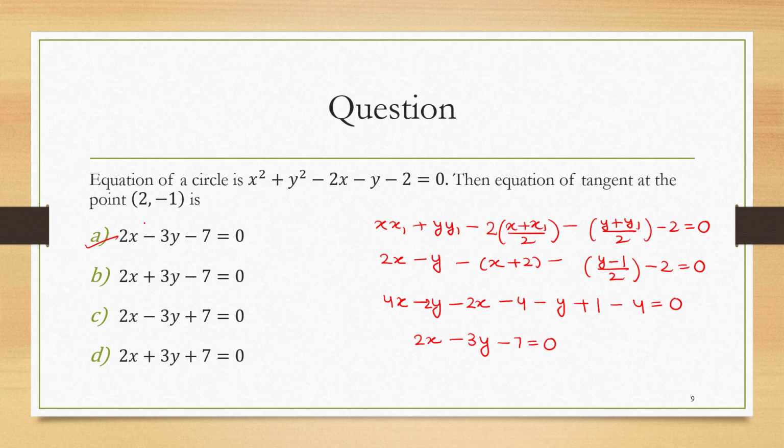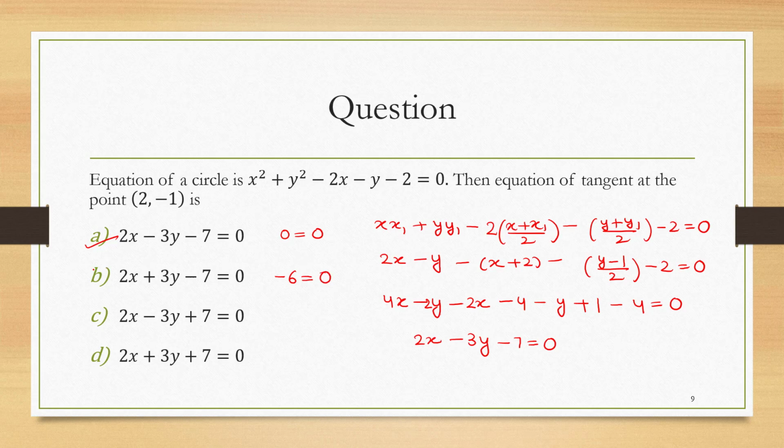So put x equal to 2 and y equal to minus 1 in the first equation. We get 2 2s are 4, minus 3 into minus 1 is plus 3, 4 plus 3 is 7, 7 minus 7 is 0, equal to 0. Leave it. Move to the next. We get 4 minus 3, that is 1, minus 3, 1, 1 minus 7 is minus 6